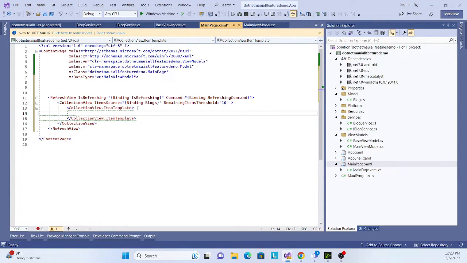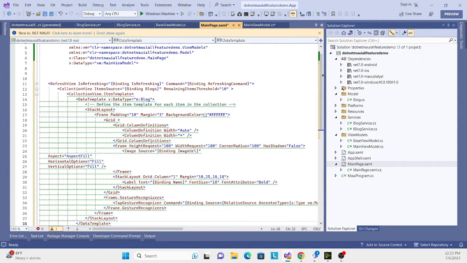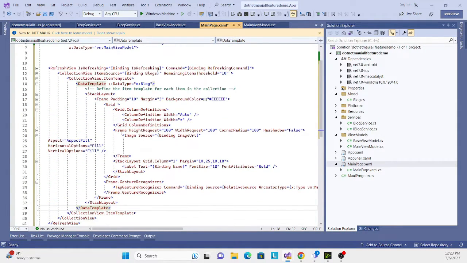Okay, and inside the collection template we actually require a data template. So let's bring the code. Without wasting time, let's copy and paste. I'll explain everything. See the collection view, then inside it the data template, and in this data template